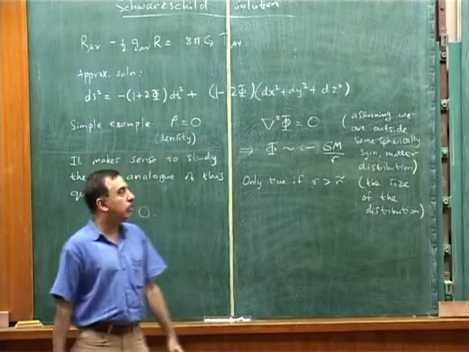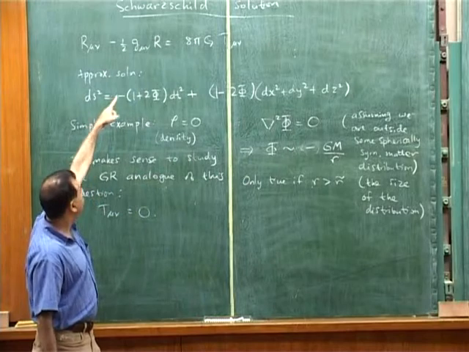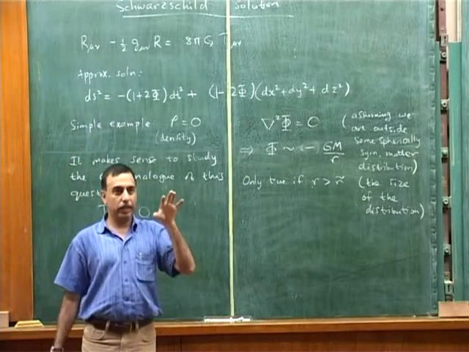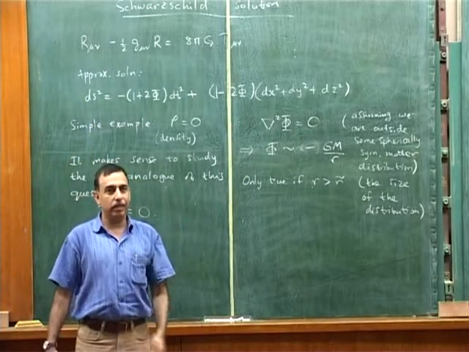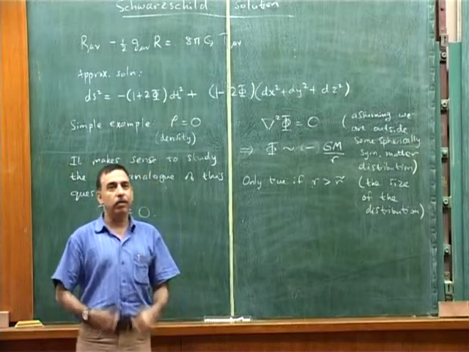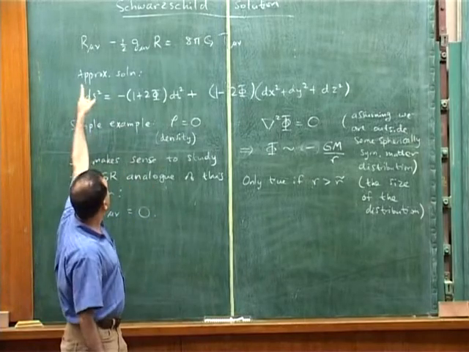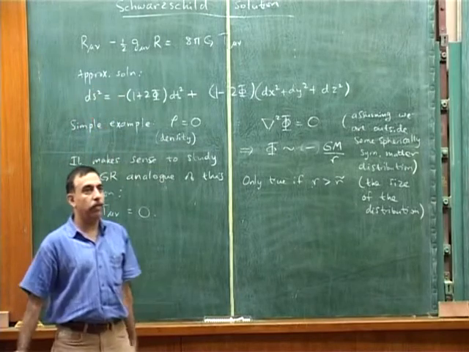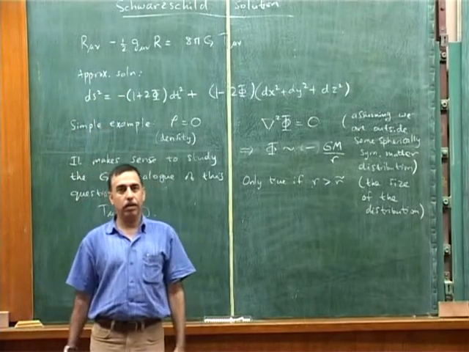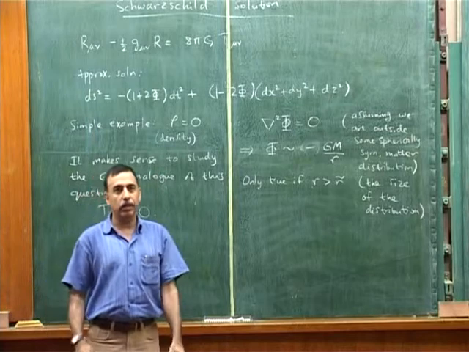Okay, why is it nonlinear? Because G is the metric, something like eta mu nu plus some deviation. In that deviation, G inverse is nonlinear, and G inverse appears all through that equation to define R mu nu and to define R, because it's even needed to define the Christoffel symbol.